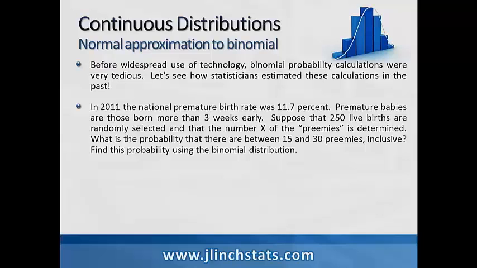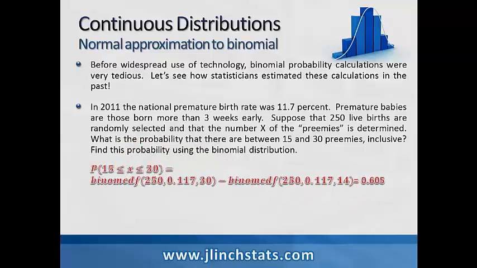Now let's find this probability using the binomial distribution. Recall here we have a fixed number of trials, a probability of success, 0.117, and a probability of failure, the complement of that. Each trial is independent of one another, so X can be represented by a discrete binomial distribution. To calculate the exact probability that X is between 15 and 30 inclusively, we're going to take a binomial CDF with n, p, x in this case 250, 0.117, 30,